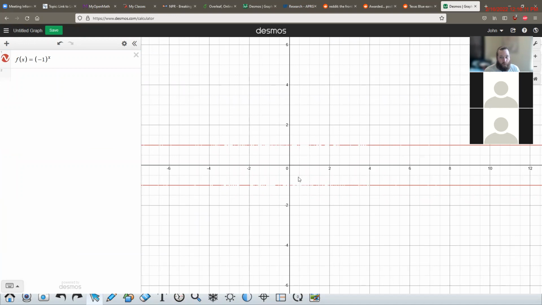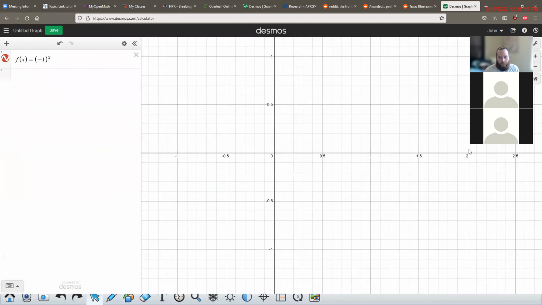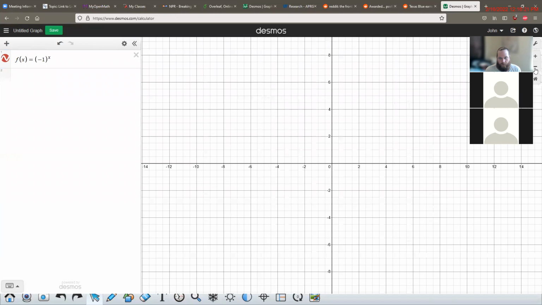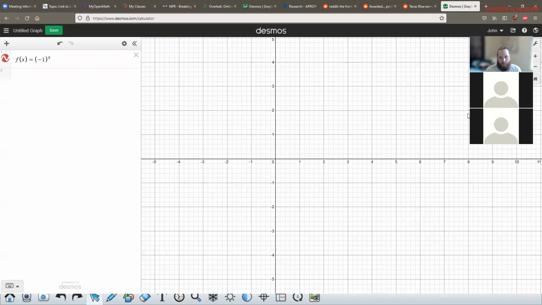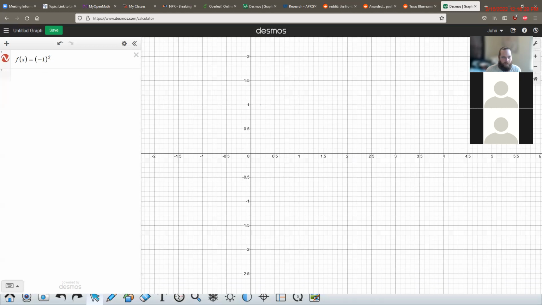Some weird stuff going on there, let me tell you. And depending on how zoomed in you are, it might just fail entirely. The weirdness that's going on here, the reason Desmos is having such a hard time even figuring out what to do is because for most numbers you could plug in for x,